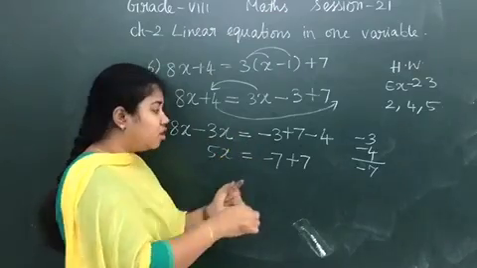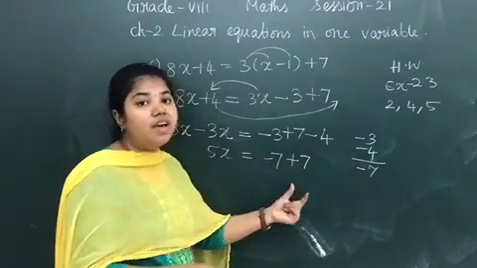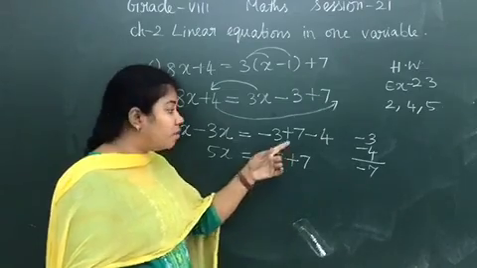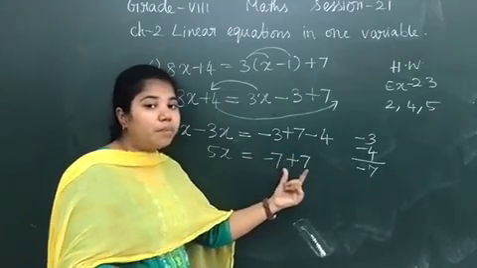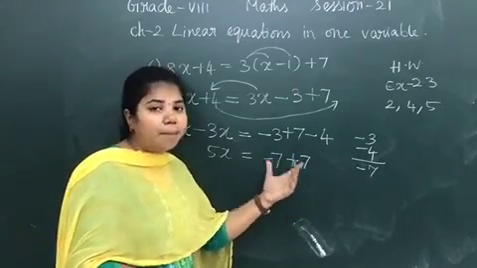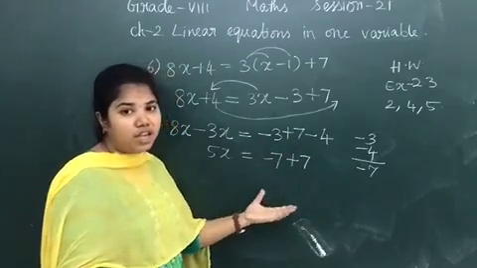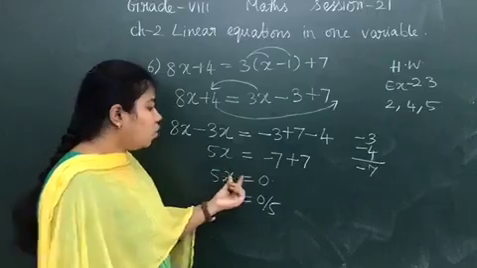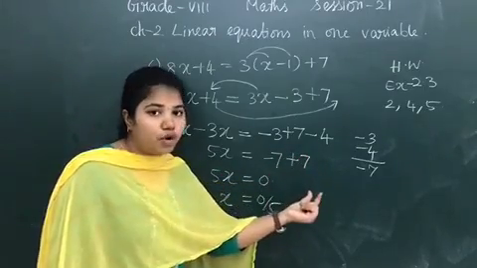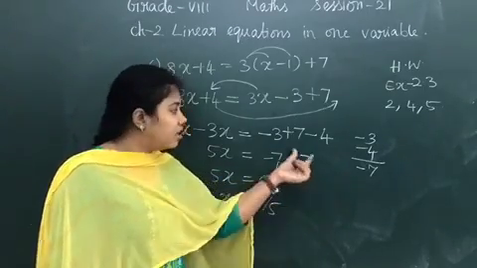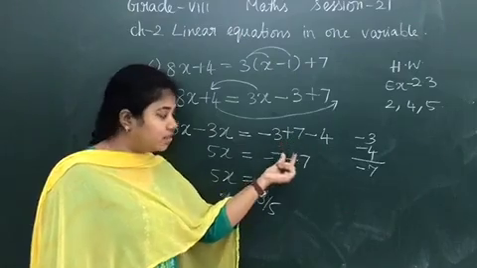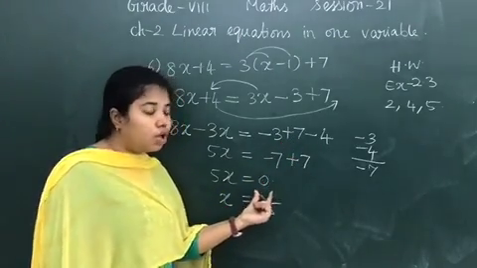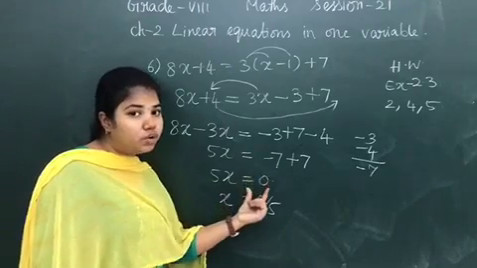7 plus 7. So what is minus 7 and plus 7? Very good. It is 0. Minus 7 plus 7 is 0. It will be cancelled. One negative, one positive with the same numbers will be cancelled off. It is 0. So 5x is equal to 0. So minus 3 plus 4 is equal to minus 7. So what is the number left out here? Plus 7. So minus 7 plus 7 is equal to 0. So I have 5x is equal to 0.